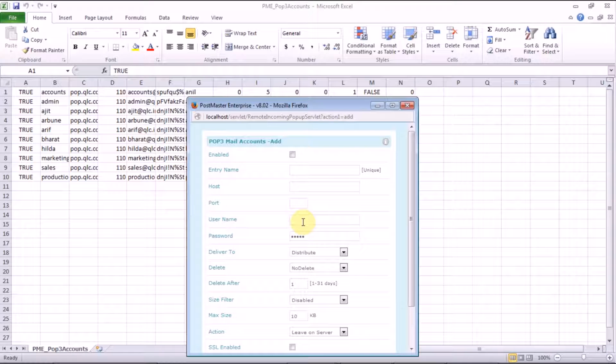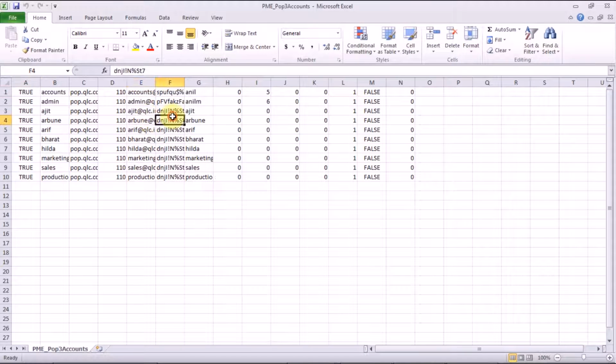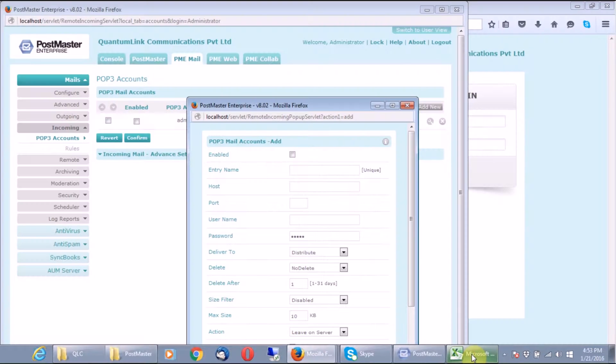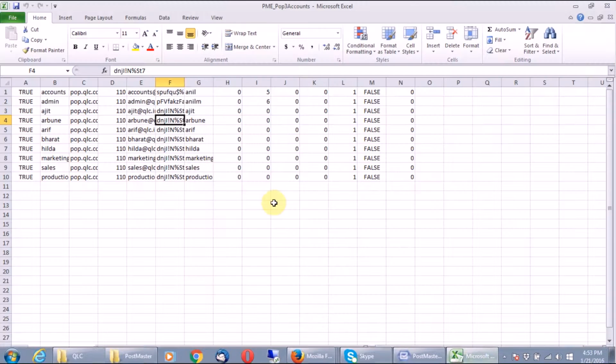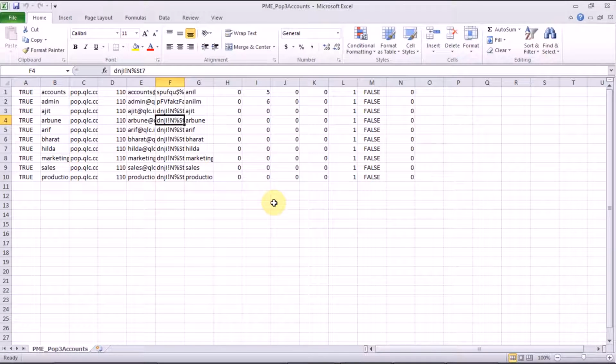Then you have the username and the password. So I have put in my username and the associated password of my POP3 account through which I'll be downloading the mails from my server. Make sure that the password and the email ID are correct, else there will be a mismatch and hence mails won't get downloaded from your server. Next you have